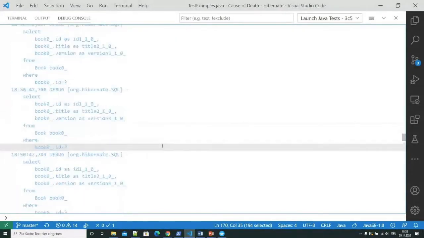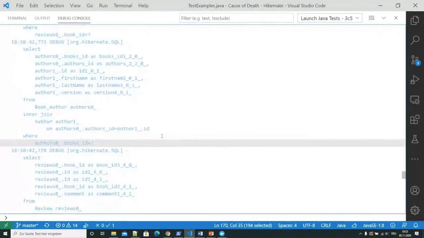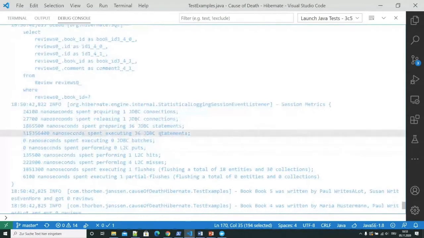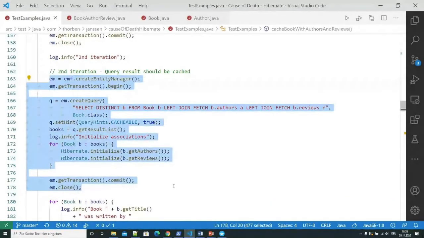Queries, lots of queries, even more queries. Doesn't end. Okay, down here we have the session statistics of the second iteration, and we have a crazy number of 36 JDBC statements. But we just executed a query that we cached.